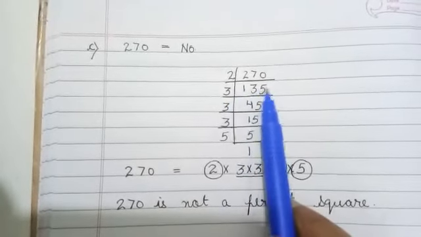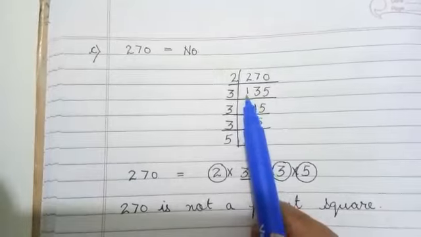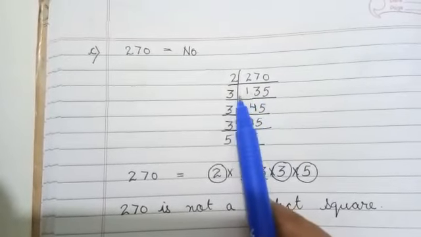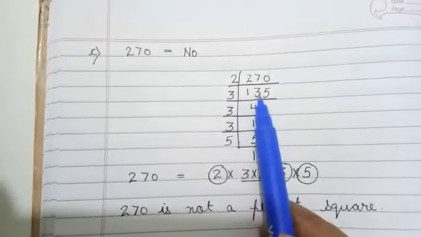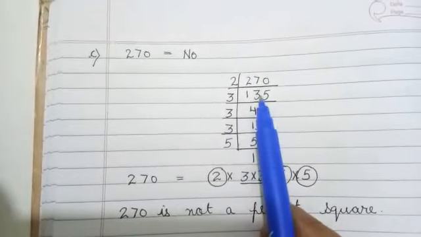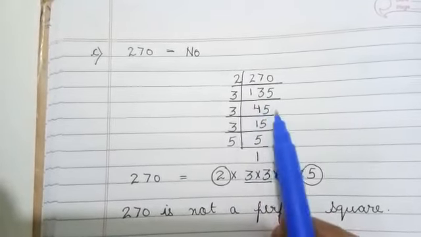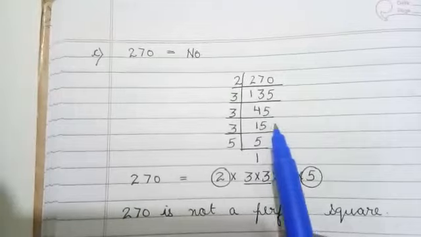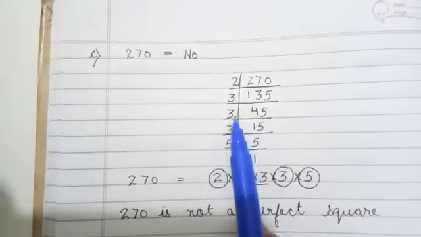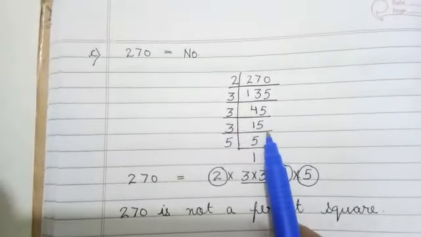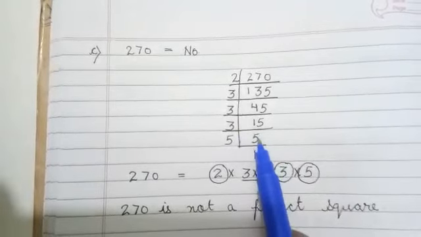So let's divide 135 by 3. So first 1 is not divisible, 13 is divisible. So 3 4 is 12, 1 is left. So write here 4 and 1 5 is 15, means 3 5s are 15. Like this 45 comes, or you can do it in the rough also. 3 divided by 45 comes 15, 3 divided by 15 comes 5.